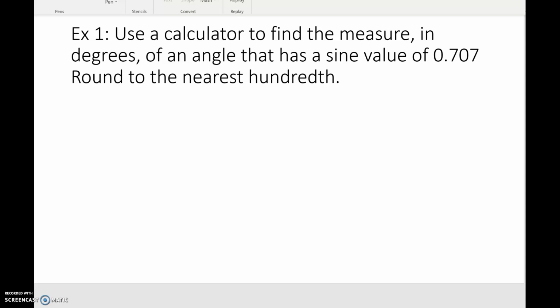If you switch it, there'll be like a little button that says INV for inverse, and then that'll give you the sine inverse, the cosine inverse, and tangent inverse. So if using a calculator is the issue for this section, please let me know, and we will come up with some ideas. So this is saying that the sine value is